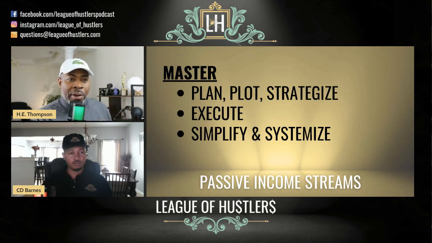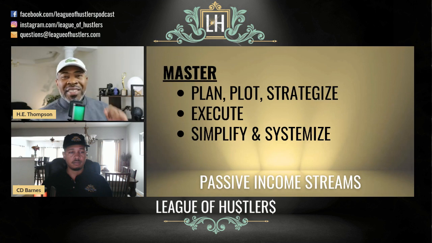So, with the plan, plot, and strategize, for instance, we have the one-page business plan in this module. What that does is it allows you to effectively plan out your approach, your business model. How are you going to make money? Who are you targeting? Who are your key partners? What are the key activities that you're going to be doing? What's your cost structure? How do you collect money? How do you communicate with your different audience segments? We talk about all of that in this Dream Stream strategy.